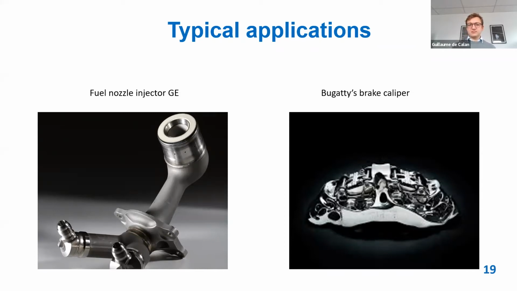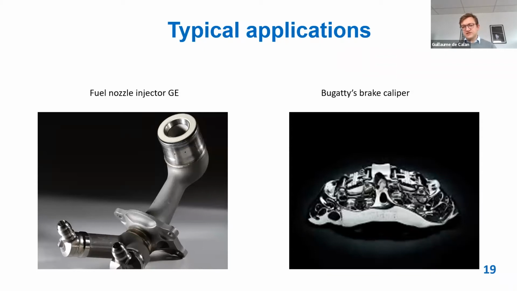And by printing just one part instead of manufacturing tens of components and assembling them together, you can actually end up with a better product, but also a product that for the overall cost is actually cheaper than